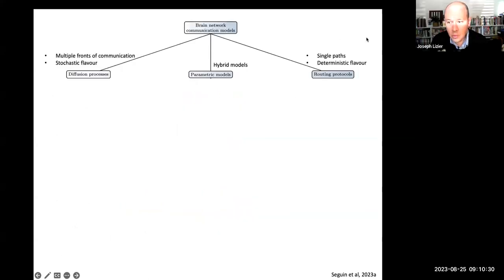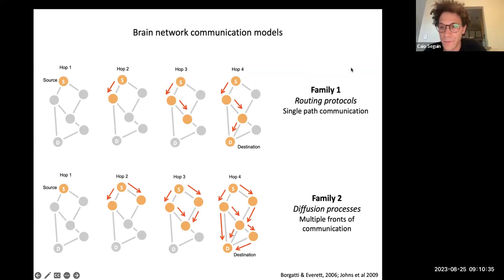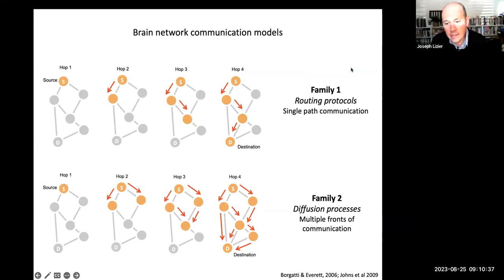Can I throw a quick question at you about the diffusion? Yes, please. Can you think about this one also as a kind of probabilistic routing? If you look at the strengths of the connections as a probability of a message going down that channel, then over the ensemble of running a probabilistic process like that, you get the same thing as the diffusion. Would that be right?